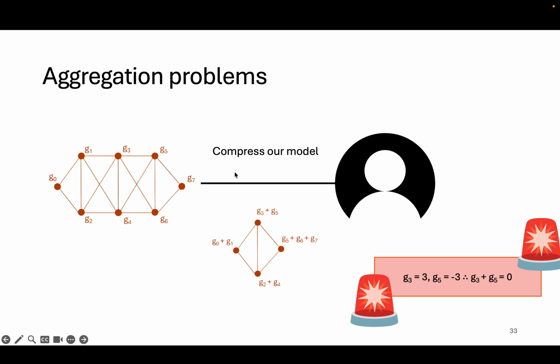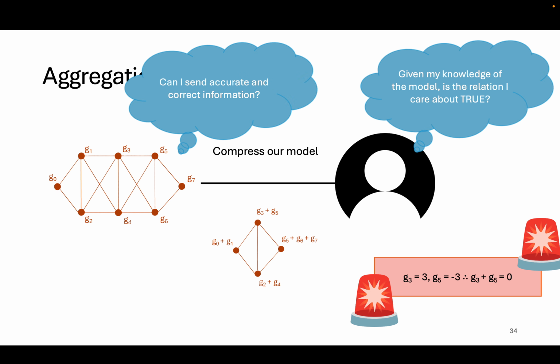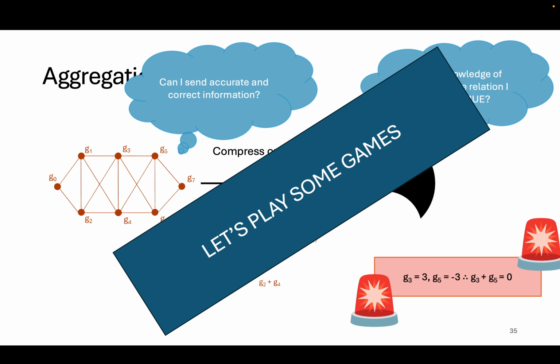You can, for instance, add on gradients that are going to average out to zero, losing the information between the two gradients. And we can ask a lot of questions about how we could make sure these things do not happen, both in the area of the server sending the model down, but also in the setting where we're the user and we want to check that the data that we've been sent is consistent with our expectations of what the model should be able to do. So these aggregation problems, we translated them to a couple of games where we found advantage.